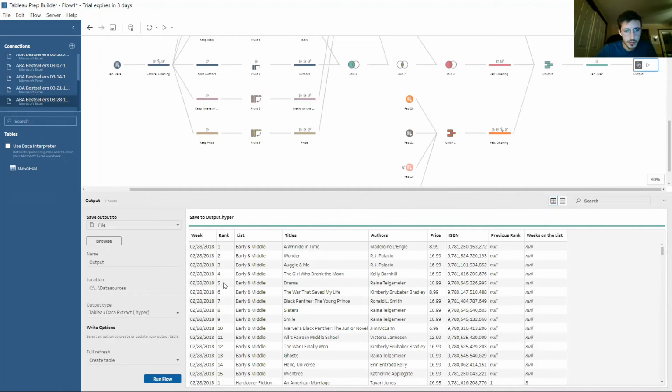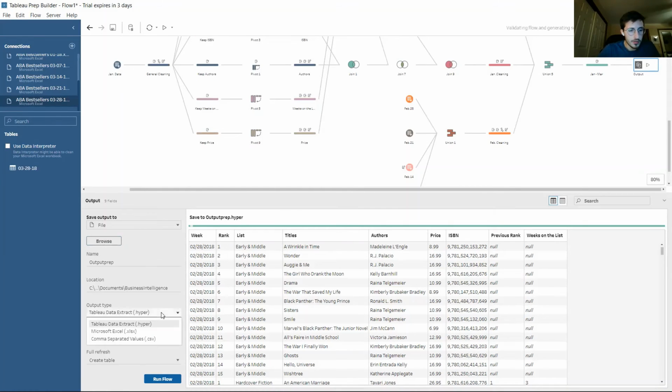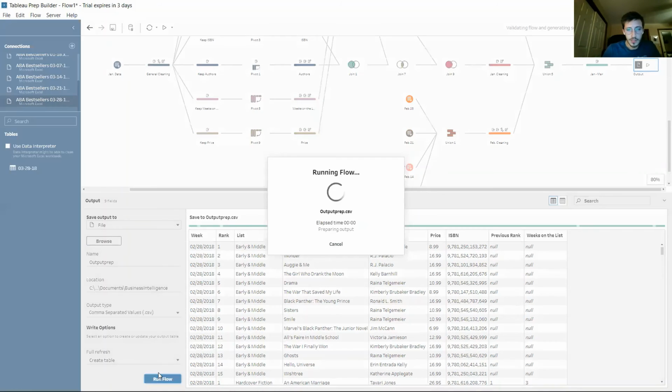And as you can see, it shows weeks, ranks, the list, the title of the book, the author, the price, the ISBN, the previous rank, and the weeks on the list. I would then, just to show you in the Excel sheet, browse and just put it in this folder. I would then name it output prep, accept that. Then I would change the output type to the comma separated value or the CSV file. Then I would be able to run it. And then once it's done running,